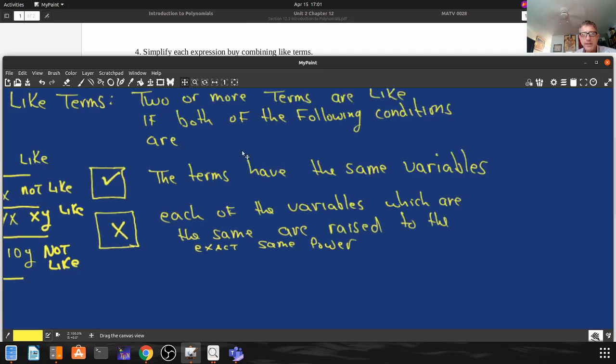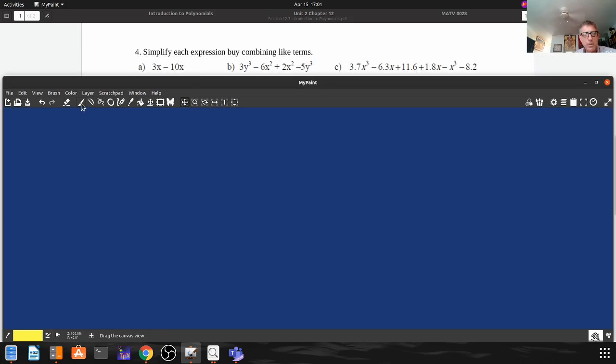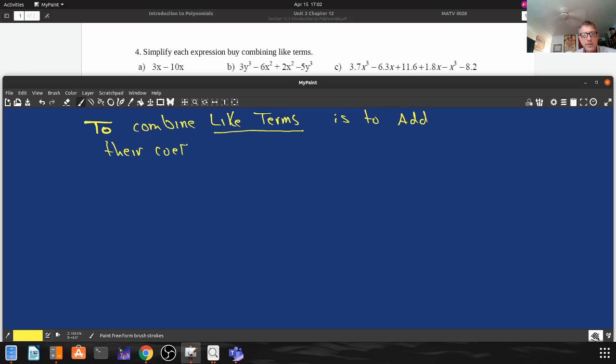So with that said, let's give you one more concept: combining like terms. When you're talking about terms which are like, you combine them by adding their coefficients, and attach them